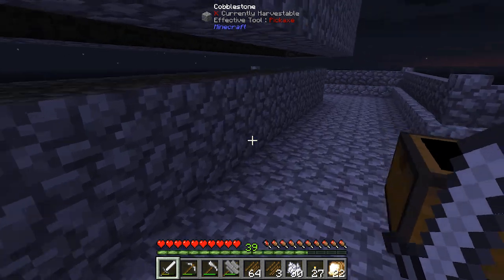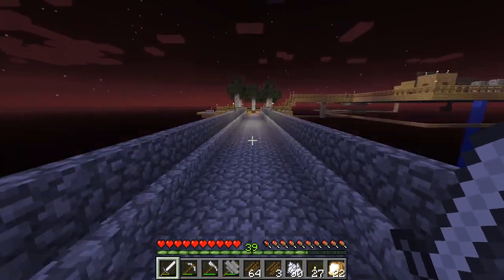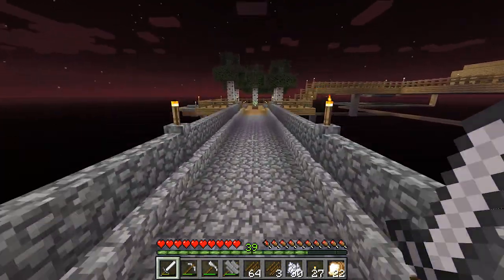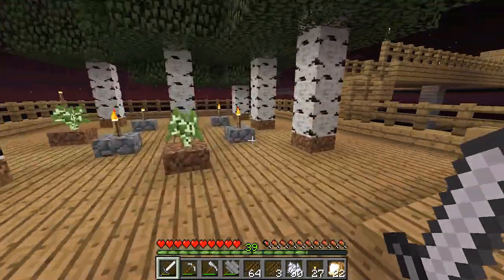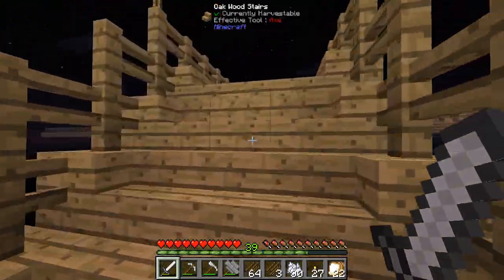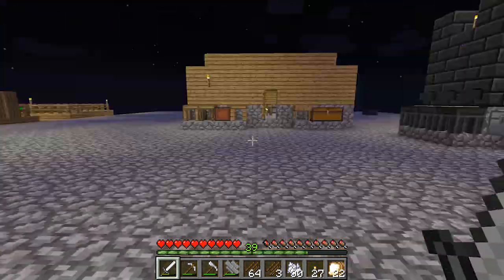Now you can see I've been at it for a little while. There's plenty of mob drops in here, and you'll see that my inventory has lots of junk in it. I'll explain what some of that junk is. So if we come up here, up my ramp, we now have a 41 by 41, I think, square area